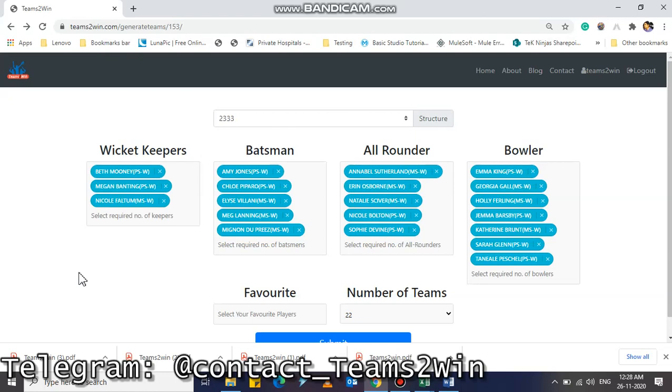Sometimes at the last minute you will get confused and you will miss a couple of combinations, or else you will miss captaincy and vice captaincy choices, right? So that will not be there here. It will be helpful to anyone in any manner.